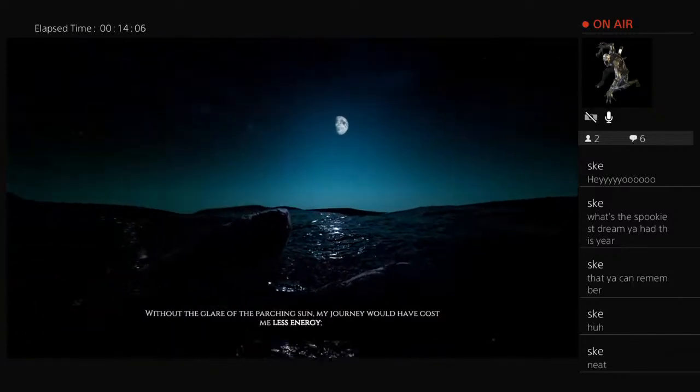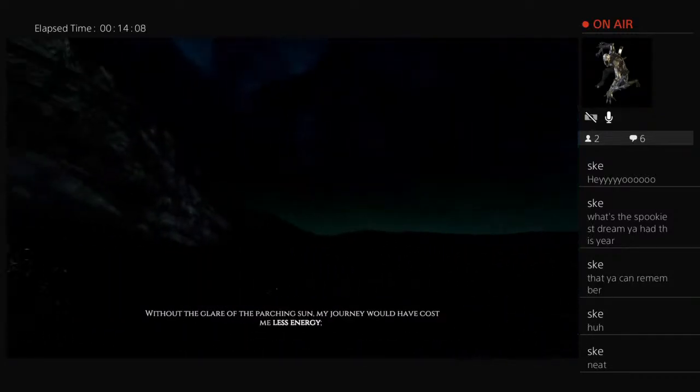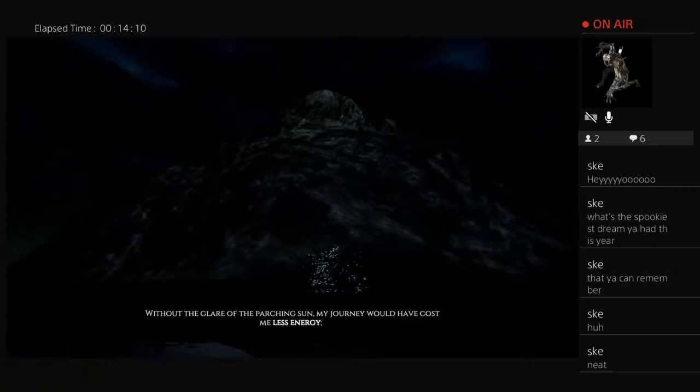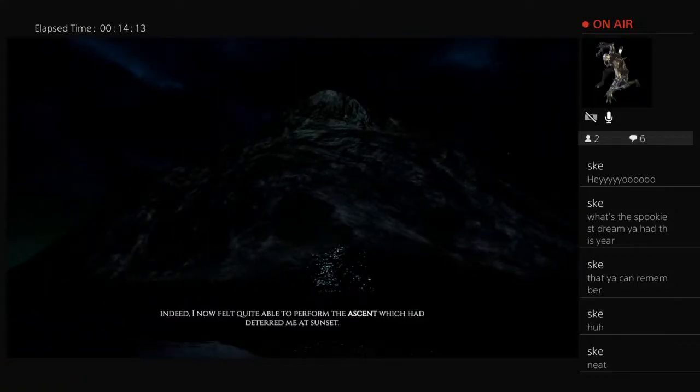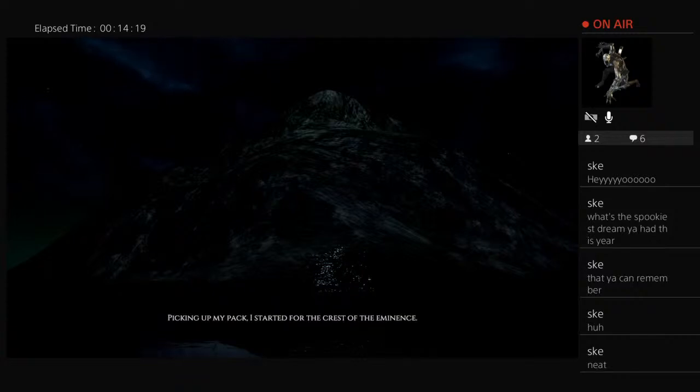Without the glare of the parching sun, my journey would have cost me less energy. Indeed, I now felt quite able to perform the ascent which had deterred me at sunset. Picking up my pack, I started for the crest of the